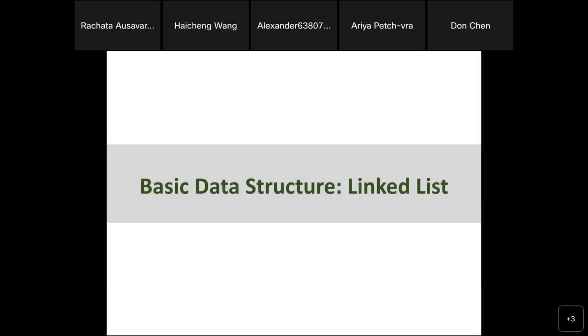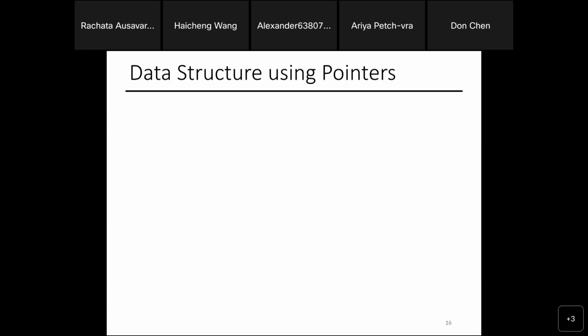This is called a linked list. You all worked with a list before, right? In Python. This is how we would implement a list in C. The property of a list is you can keep adding things in. It doesn't have a specific size. You can keep adding more things into the end of your list. So this is one of the data structures that we can implement using pointers.